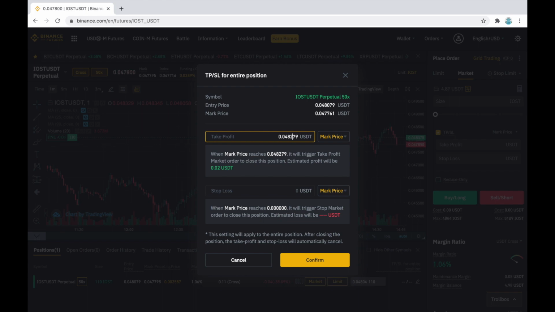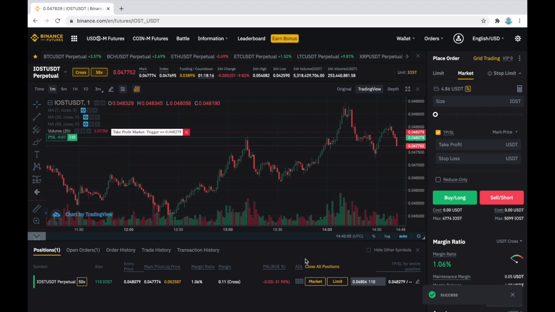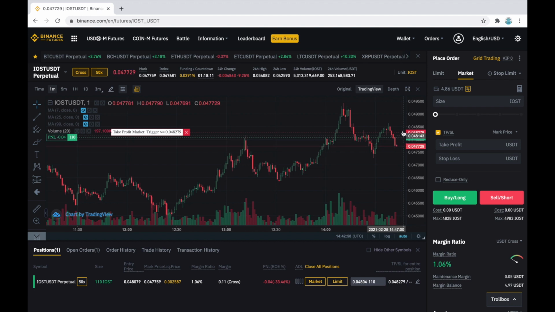And that's all there is to opening a position manually. My wallet size was $5, and I opened a small order size of 110 IOST contracts with a times 50 margin, allowing me to spend only 11 cents out of my wallet. And while $5 may be sufficient to open a small long position, you will need more funds to avoid a liquidation, if you plan to open a grid framework.